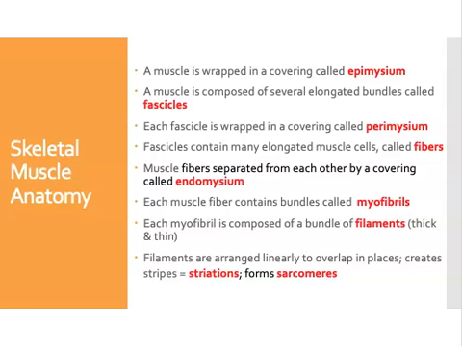If you were to take off the perimysium, you would see that each fascicle contains many individual cells, many individual muscle fibers. If you were to take out one of those muscle fibers, it would also have a fibrous covering around it, and that would be called an endomysium. Now, if we took off the endomysium around a singular muscle fiber, we would have the muscle cell itself